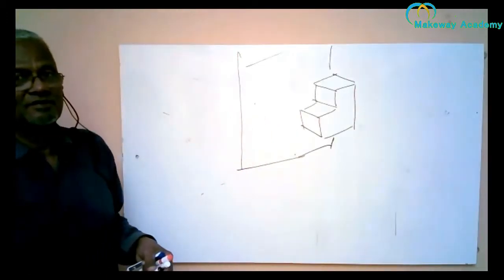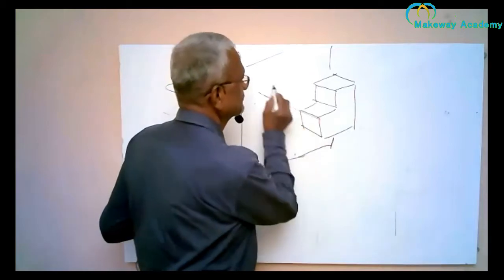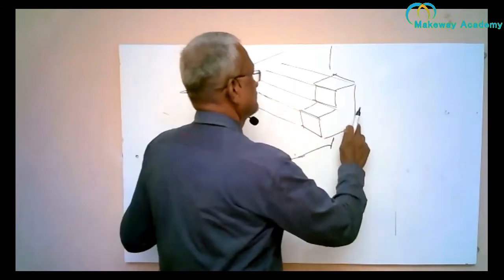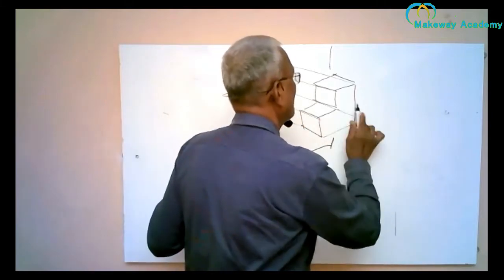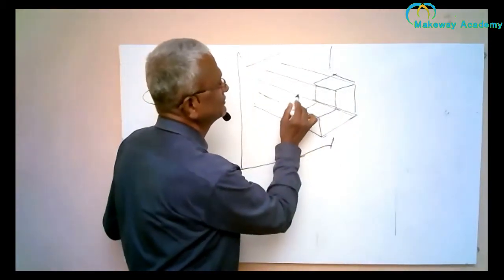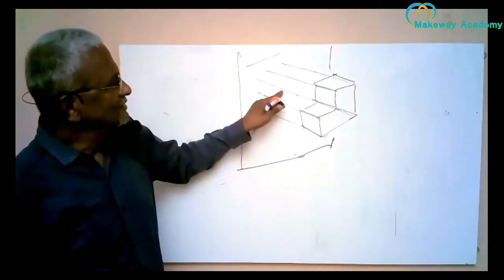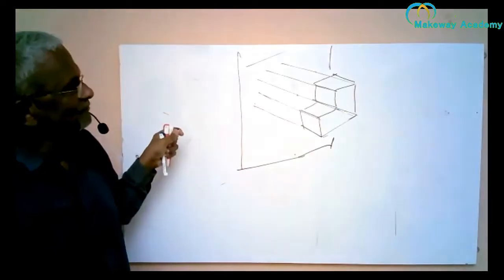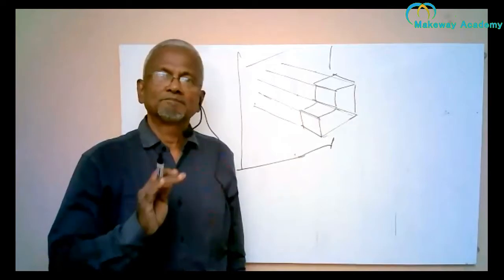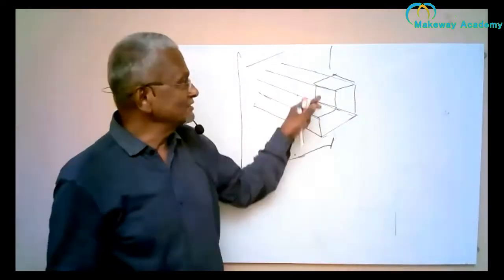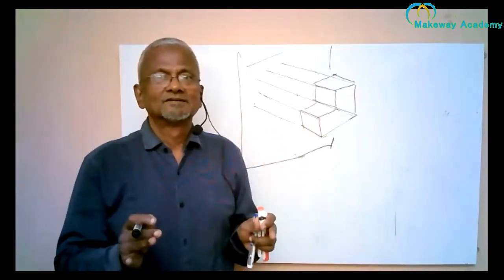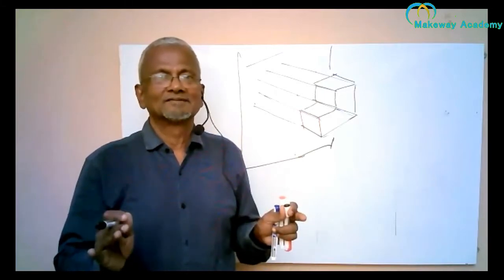And then how do I get the projection? By drawing projectors. So these are projectors. So projectors have been drawn. So how many projectors? 1, 2, 3, 4, 5, and 6 projectors. So this and the sixth projector overlap. So as I said before, the projectors are perpendicular to the plane. The projectors are drawn from the edges of the object. The projectors intersect the plane.